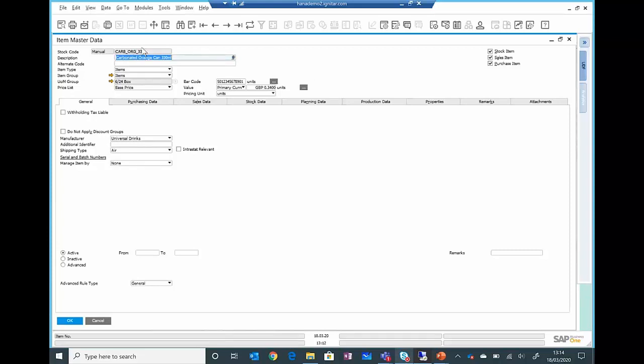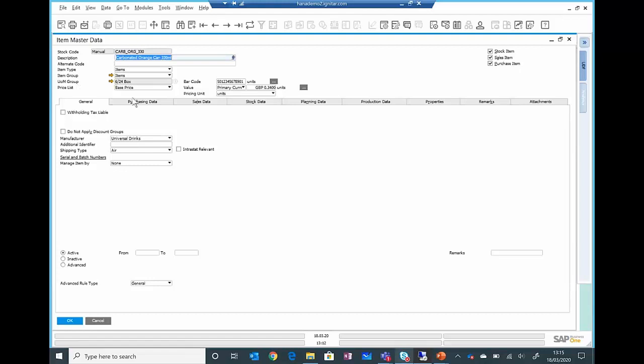We define item codes for the items. These can be automatically generated if you require, or you can key these in and define these yourself. In addition to that, we have our normal fields such as description. We have descriptions in foreign languages, but I'd like to go into some detail in the capabilities that we have